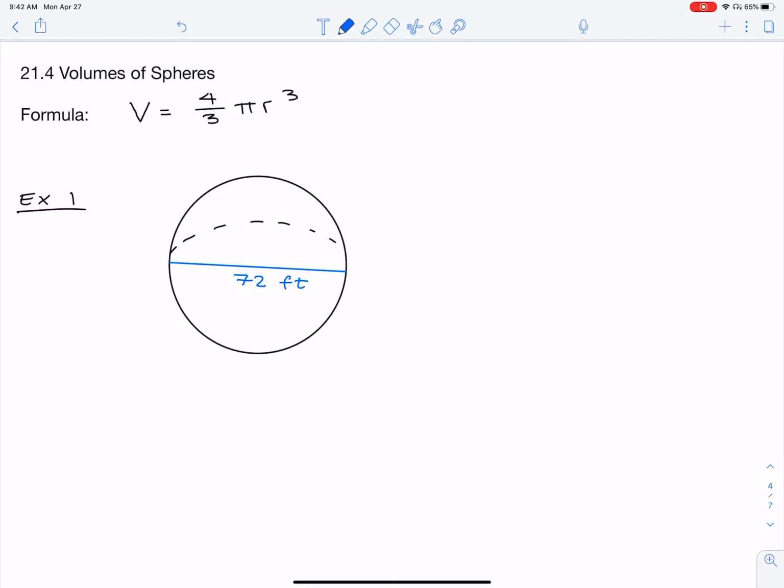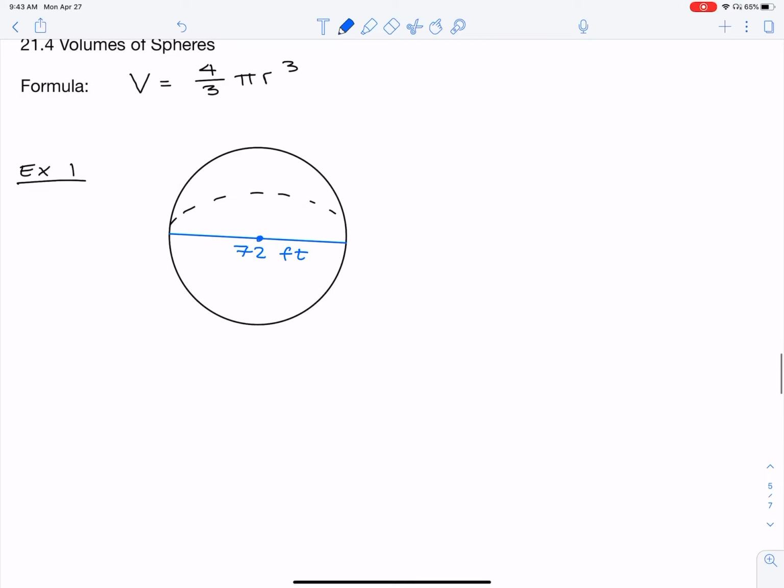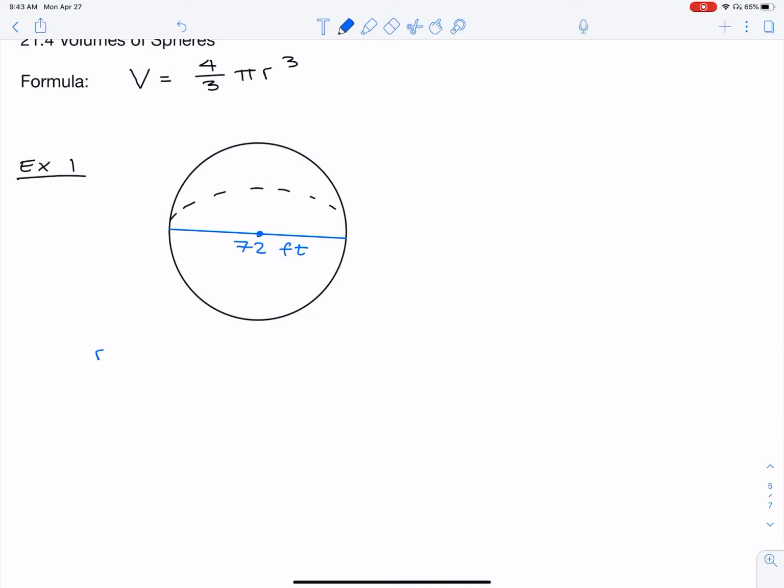So we are given a sphere that has a diameter of 72 feet. Let's find the volume of that sphere. Just like before, all we need to know in this case is r. So r is half of 72, or 36. Plugging this into our formula, we get 4/3 pi times 36 cubed. We can then plug this into our calculator or do it by hand, however you want to do it, and you're going to get